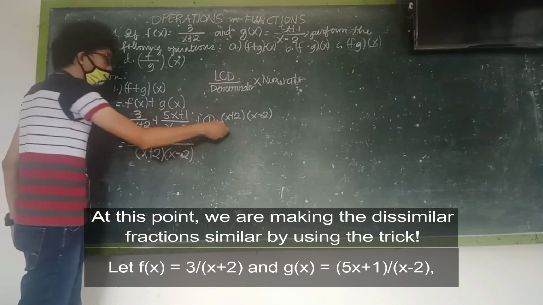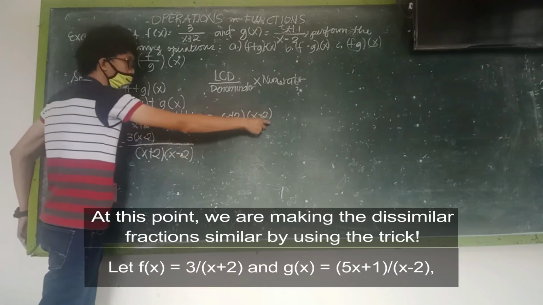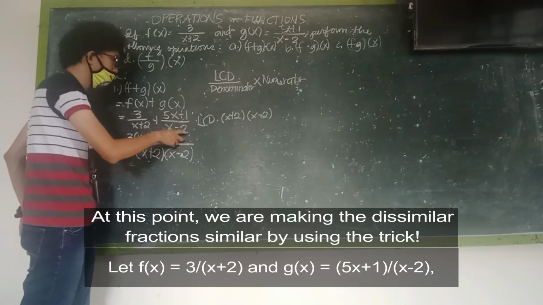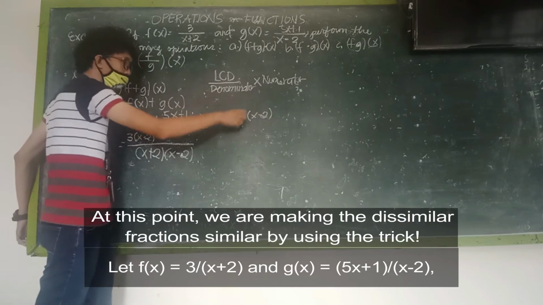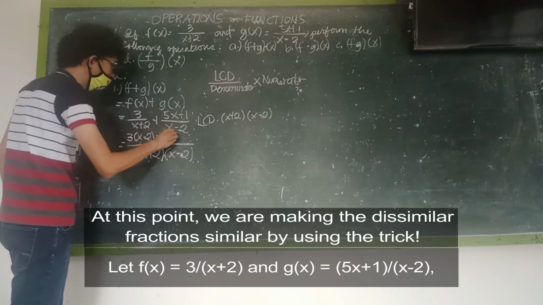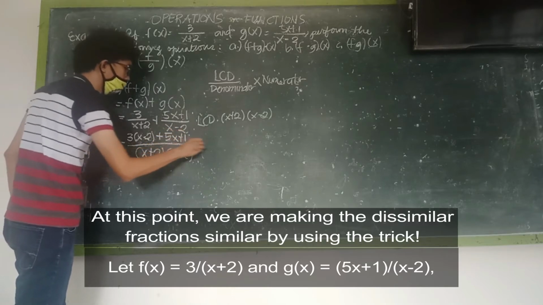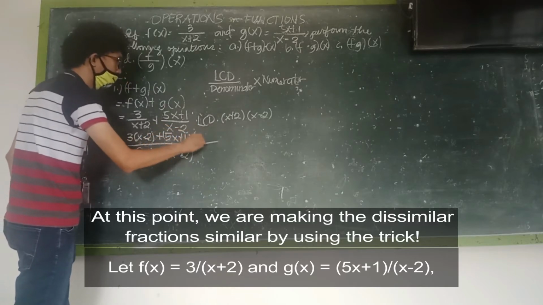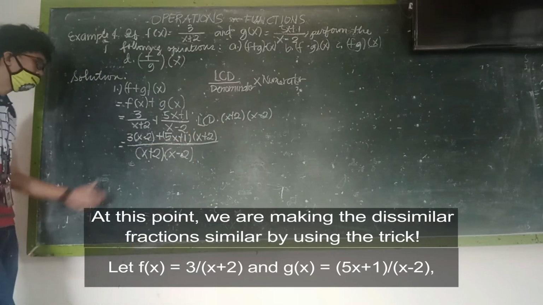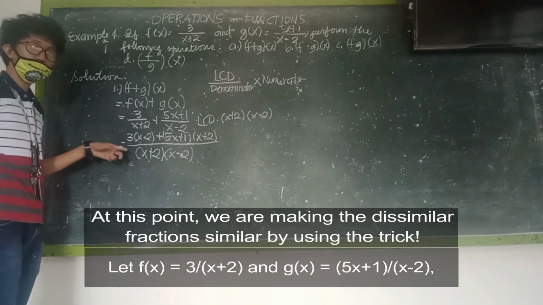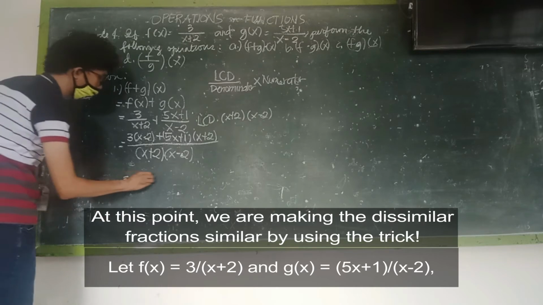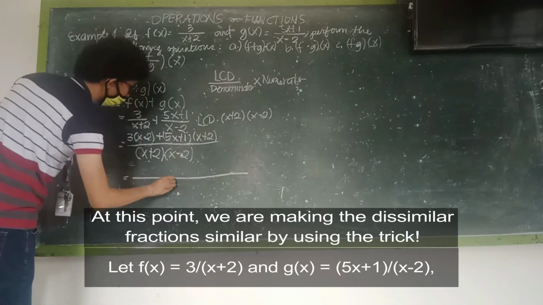Ang next naman natin, ito, x plus 2 times x minus 2. So, i-divide natin dito sa x minus 2. So, makakancel out ang x minus 2. Ang matitira is x plus 2. So, mag-plus tayo ng 5x plus 1 times x plus 2. Hindi muna natin ito i-FOIL method para hindi tayo mahirapan mamaya. So, we have here x plus 2,